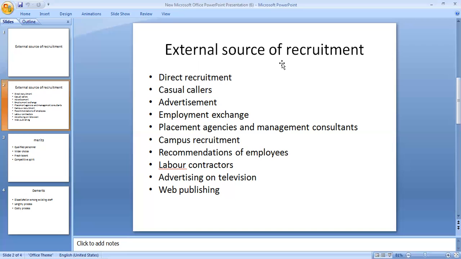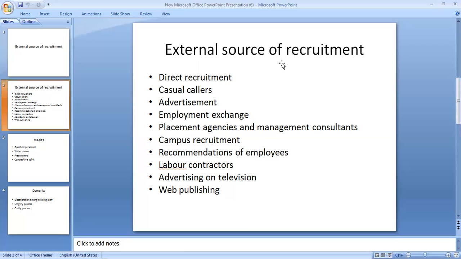And next comes advertising on television. We would have seen this most of the time. This is very effective, and it has a mass reach. When you start providing information about the organization and its benefits, and sharing what kind of candidate you really require, all such information, when you give it in a clear way through television, it is welcomed by the candidates.